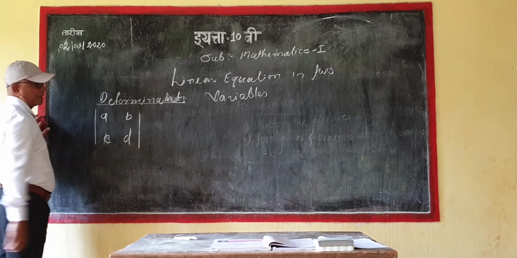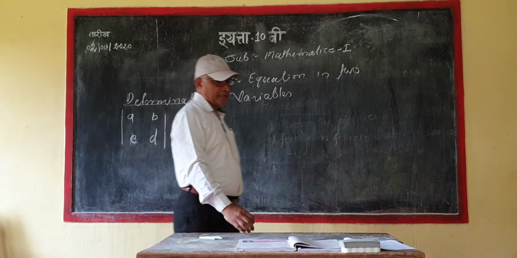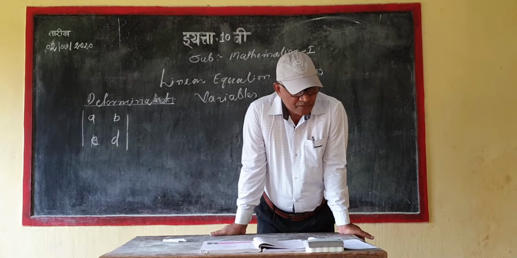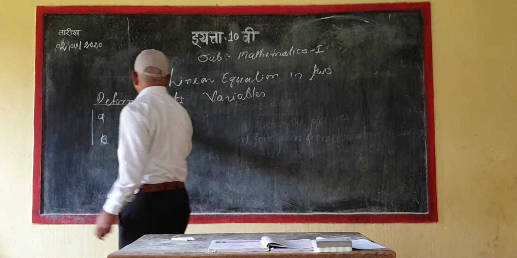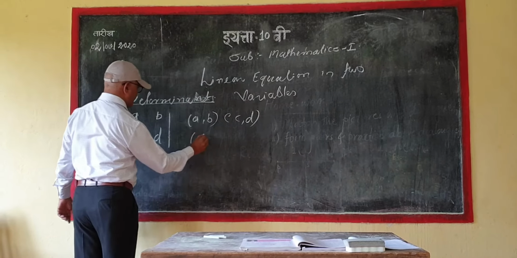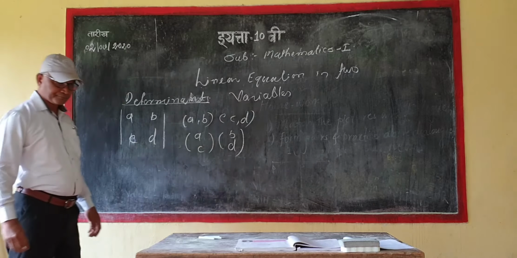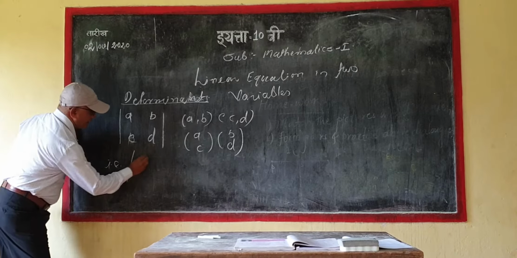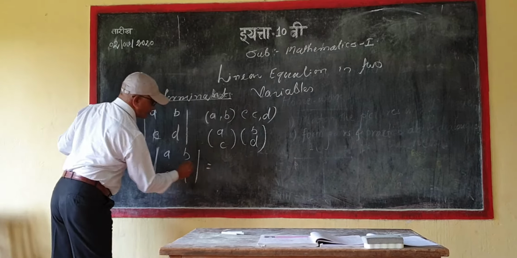A, B, C, D are the numbers of the determinant, where A, B are the first row and C, D are the second row, and A, C and B, D are the columns. That is, the determinant A, B, C, D is equal to